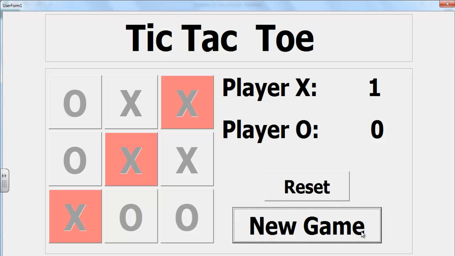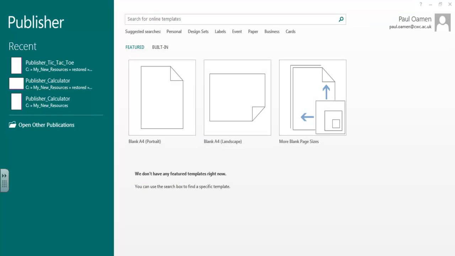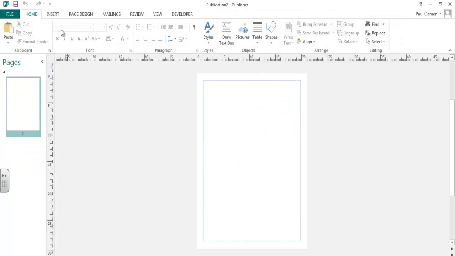So what I'll do now is take you guys straight into Microsoft Publisher and we put one of these together. So let's do that now. And welcome to Publisher. I'm going to start a new Tic Tac Toe game. So let's click on the blank page here. There we go. Now the next thing I want to do is let me go to